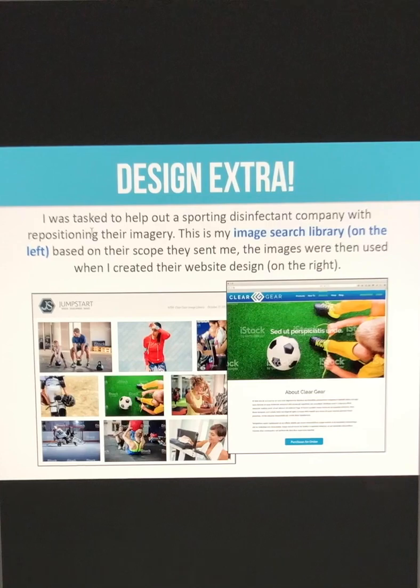So in this design extra, I had been tasked by a disinfectant company to reposition their imagery and their website, and redesign their website as well. And so the first thing I had to do was do an image search library and come up with a consistent amount of images that relate to a lot of the key phrases that they gave me